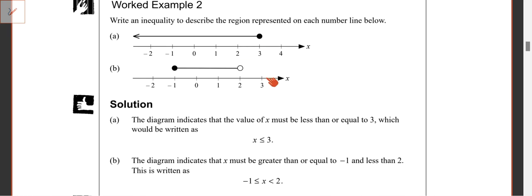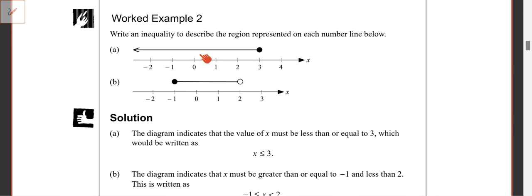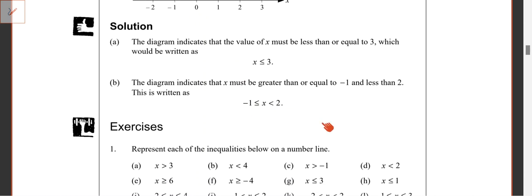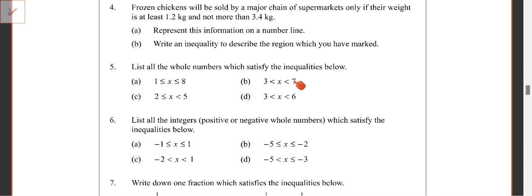It's got some examples. Now you'll notice here, look, we've got ones that don't have arrows on. It's got dots on both ends. This is an example of one where x has to be greater than or equal to negative 1 and less than 2. So you've got an open dot because of the less than 2, and you've got a solid dot for the greater than or equal to negative 1. So there's dots on both ends. But even that's not really what I want to focus on. That's quite what we've just been doing. What I actually want to look at